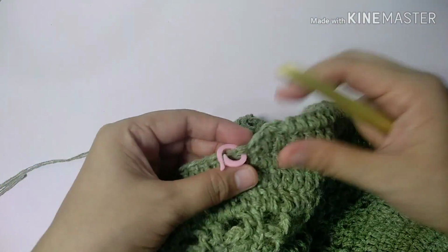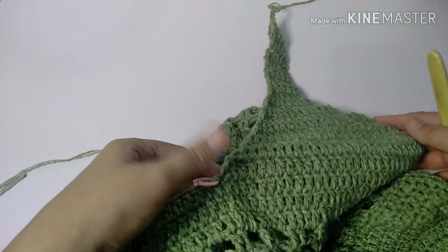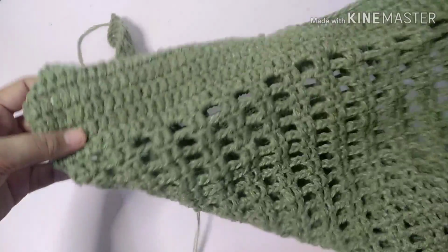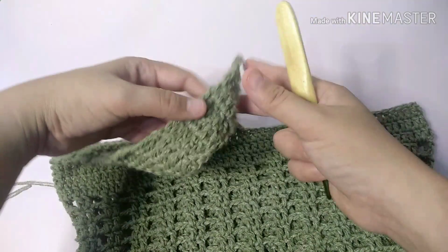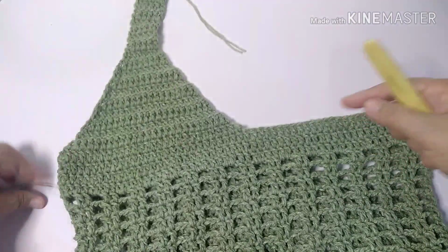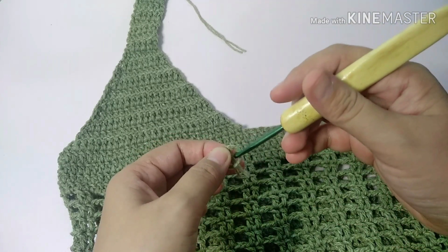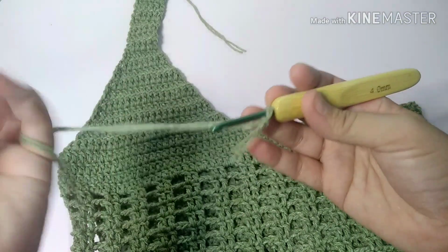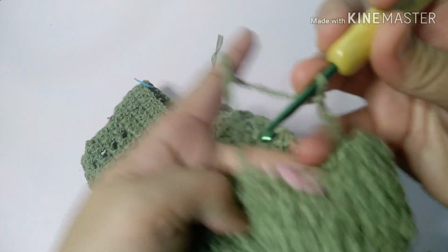So into the next one, we're gonna start working our next strap in here. So you can start here, this would be the back side. On the front, this is going to be the front side, and then we're going to connect this to here. So to continue moving on to the next strap, I am going to start working on the back side. It's easier because I will just work